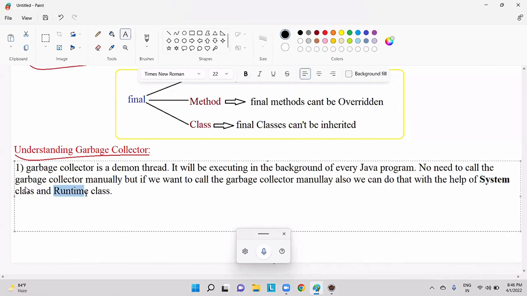These are predefined classes which are present in Java.